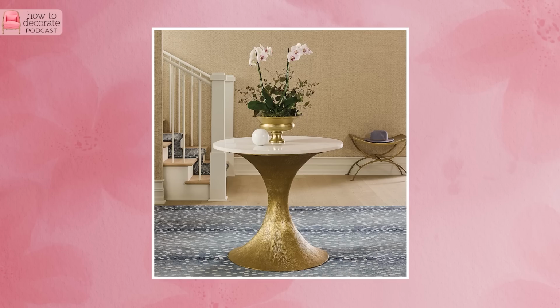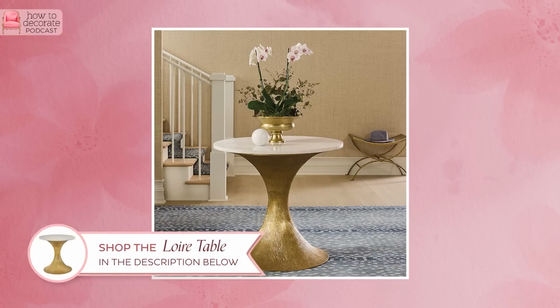Okay, also, what about this table? Because I love this table, and the finish is fantastic. The finish is so pretty. It's a good size because it can kind of...